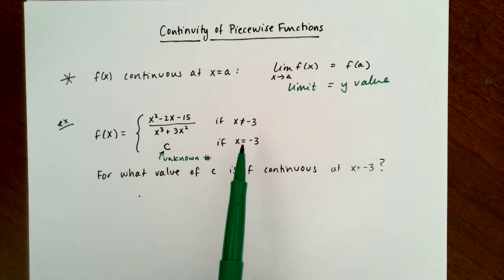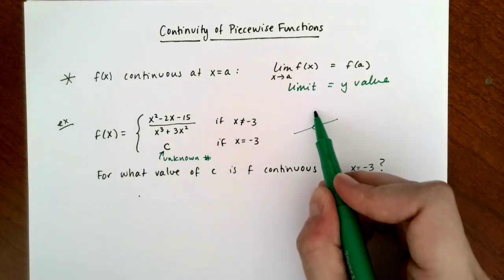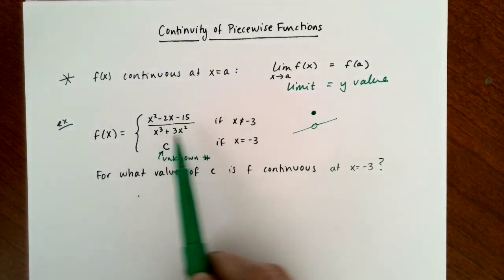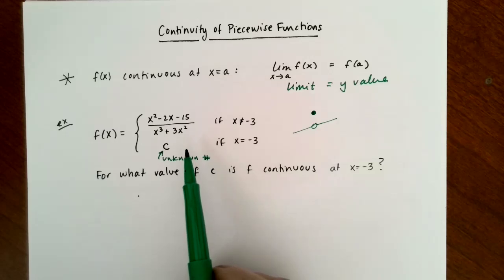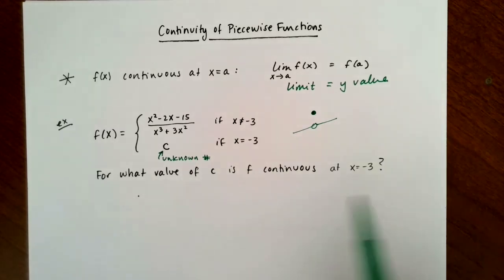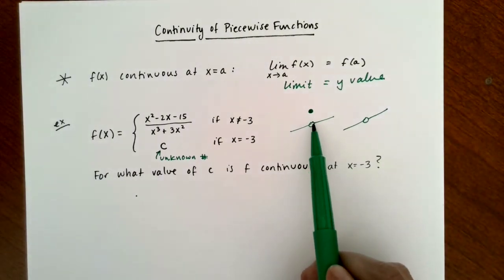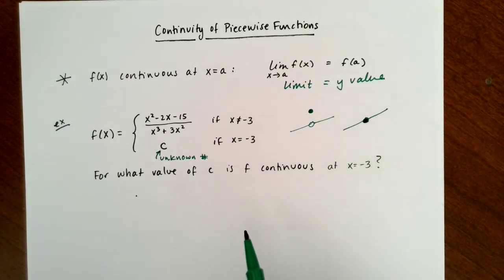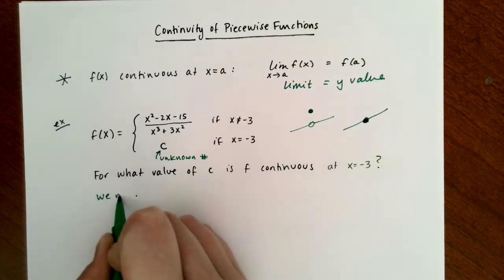Okay, so -3 is kind of like the one jump point of the function. So we know that, especially built this way, it's very, very possible that we have something like this going on, where there's a limit being created by this function, and then a y value being set kind of somewhere else. So if it's going to be continuous there, we would have to find exactly the y value of that missing point and put the dot at that number C. So to be continuous at -3, we would need